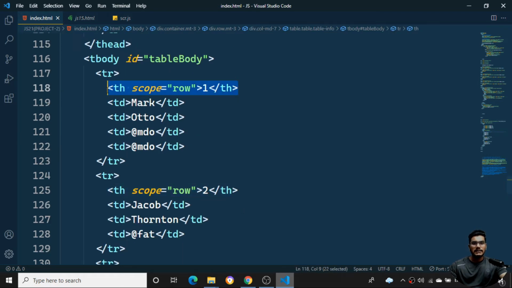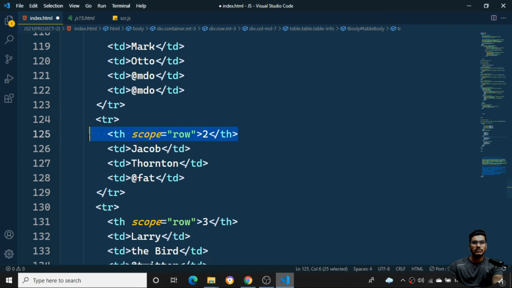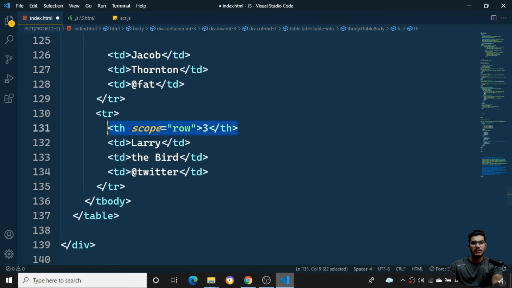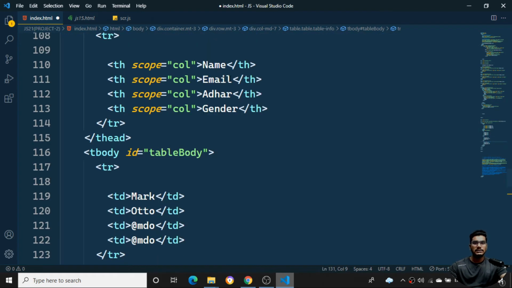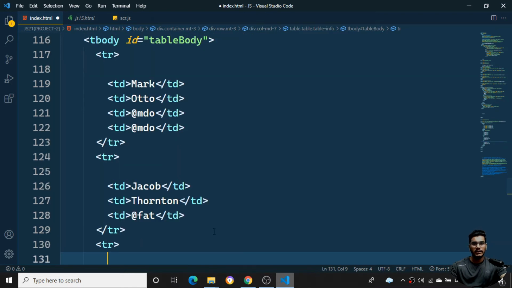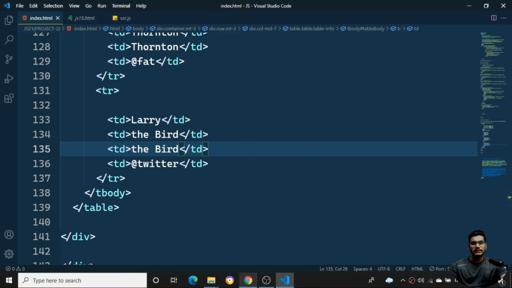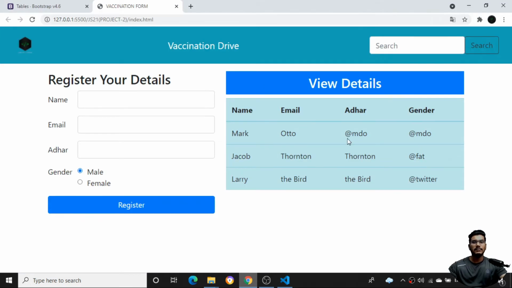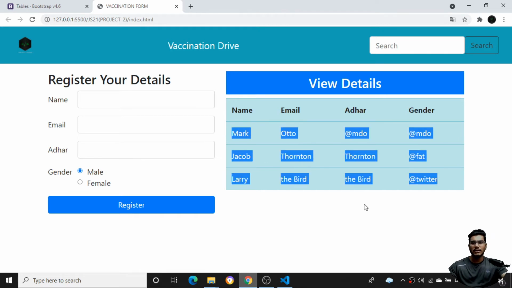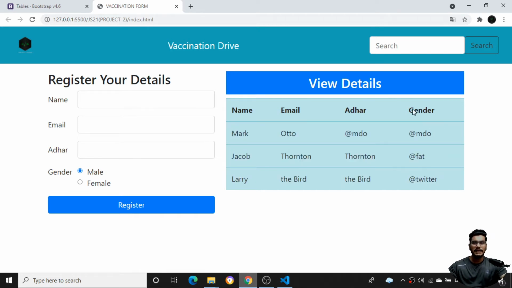What I'll do here is remove these rows over here. I will remove this TH row as well as this particular row. As we have 4 columns, I need to have 4 data here, so I'll give one more data and one more data over here. Let's save it. Once I save, you can see here I'm getting name, email, gender. Later we'll grab this using JavaScript. So now let it be the same as it is, and later we can grab it.